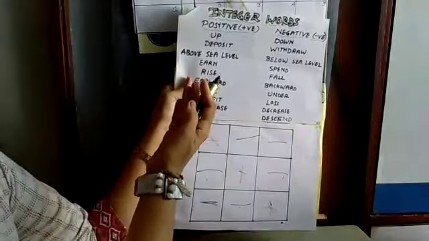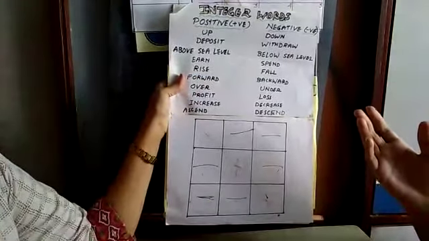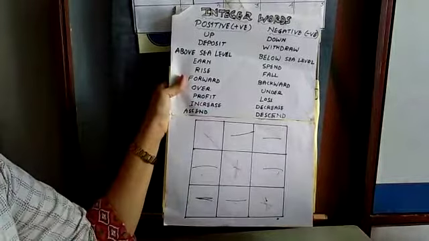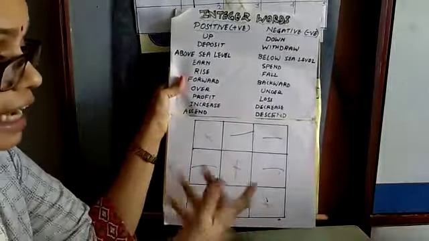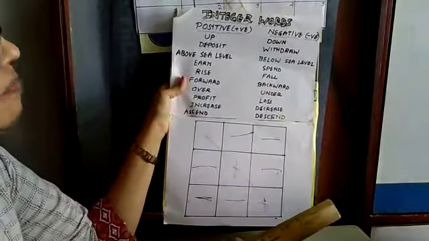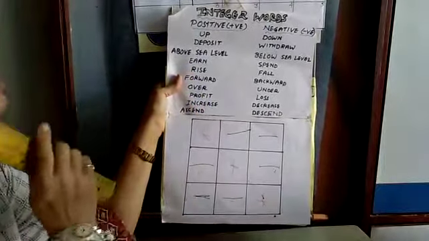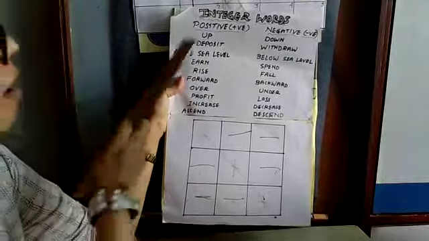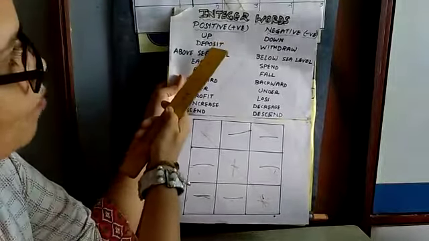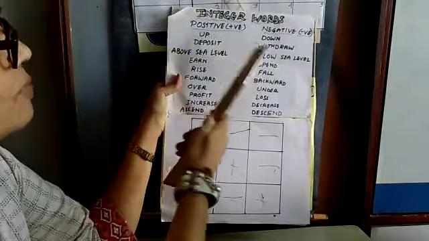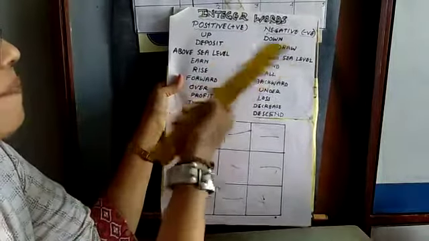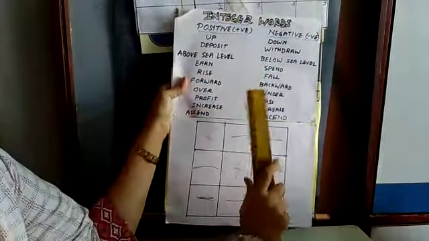Now look here. Why have you written the synonyms? What is their use? We can correlate any subject with another subject, like I have correlated math subject with English. Now you must be feeling amazing. Mom, why have you written positive, negative, up, down? This is pre-primary level. Now I will explain to you.